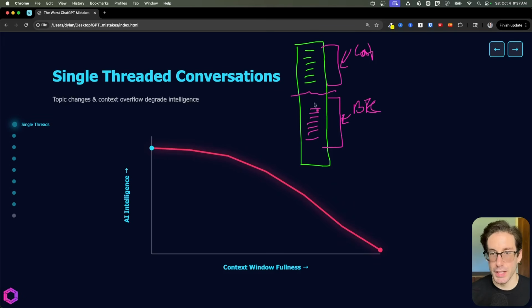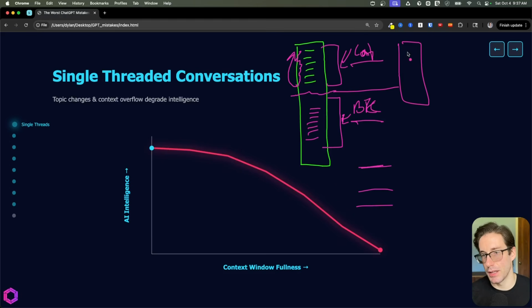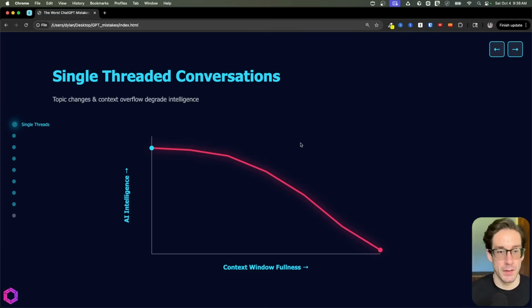By doing this, you're confusing the AI because everything that is said prior here is going to be included in the context, so in the AI's head. So it's going to be thinking about cat clothing, Bitcoin, and anything else you talk about with the AI in that thread. So it's important to state that if you're going to have a new conversation on a separate topic, you should create a completely separate conversation and talk only about that topic in that thread. This is going to give you a higher quality response based off the task you're giving to the AI. Now, that's our first culprit, single threaded conversations.